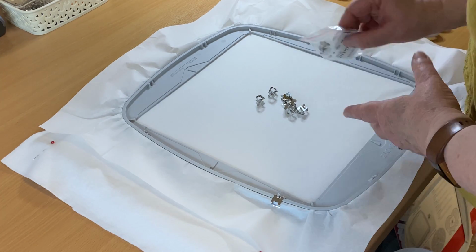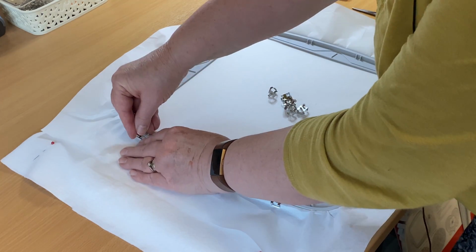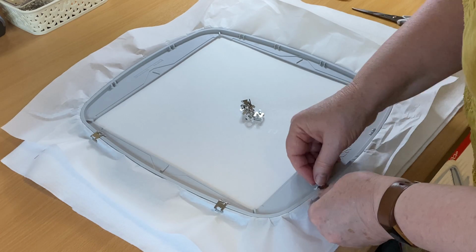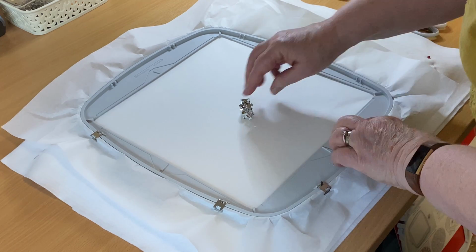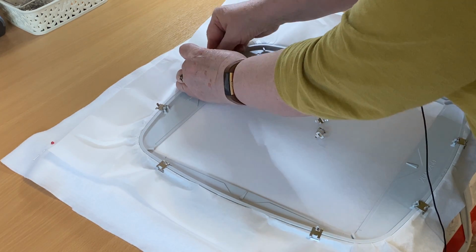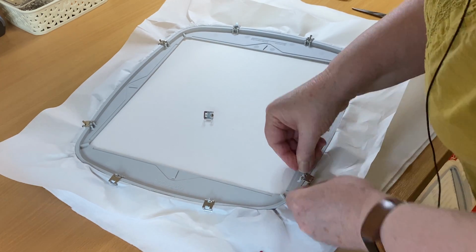Right, I've cut a piece of stitch and tear, and I decided actually, as this was an unboxing video and something new, you don't want to get into bad habits. If they've told me to use this, then I must use it. So I'm putting the clips on because I normally hoop just my stabilizer. It's just the stabilizer that I'm clipping in place. You get used to putting them on. To begin with, they're a bit fiddly and annoying, but